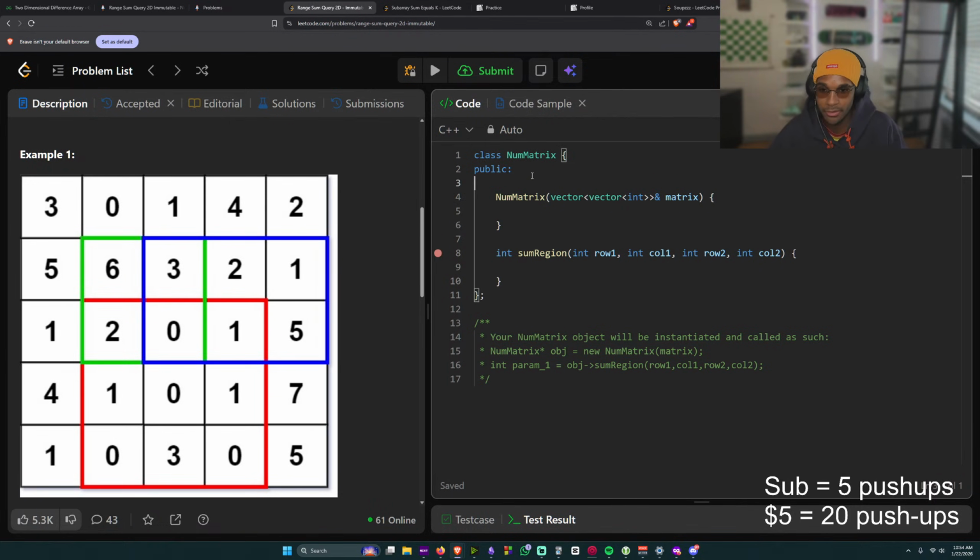So we need to go above here, make our pre-matrix, which is just a vector of vectors of ints. Pre-mat.